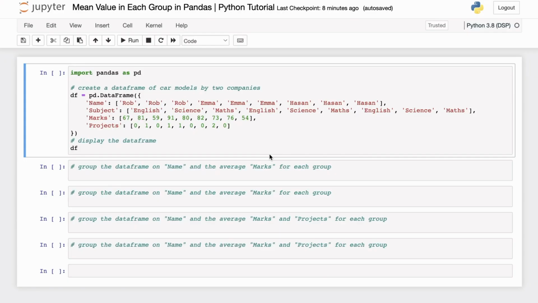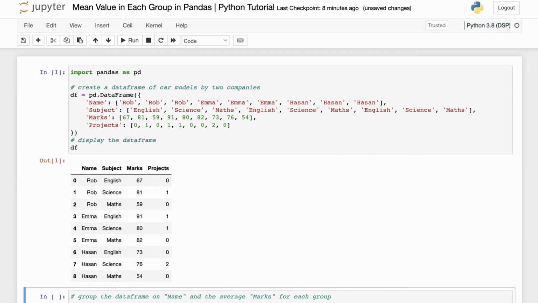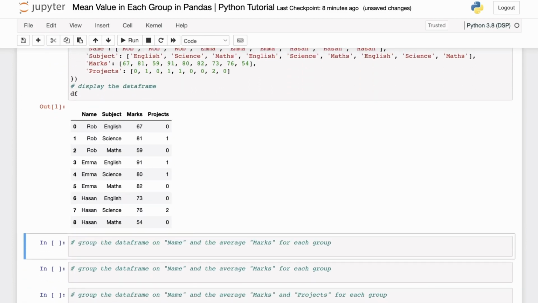You are given a pandas data frame and you want to calculate the mean value in one or more columns of a grouped data. For example, let's say we have the following data frame. This data frame includes information about marks and the projects' completion of some students in a semester in a